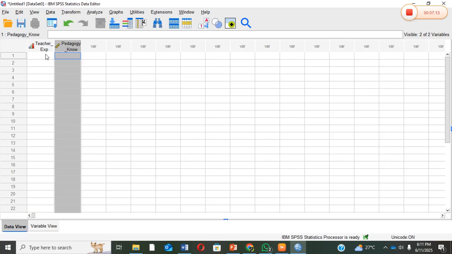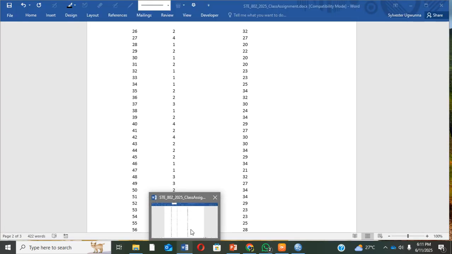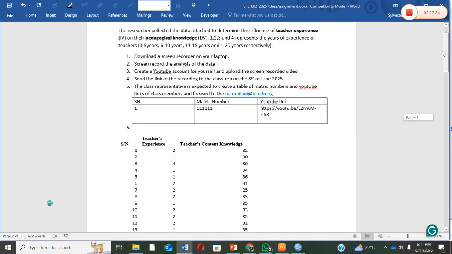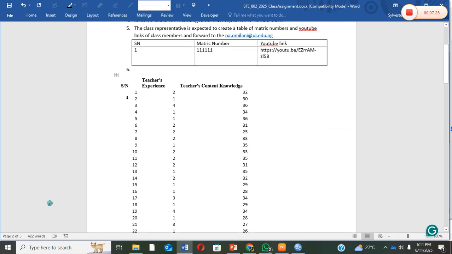We can also import them if it is from an Excel file. We can even do simple copy and paste, just as I'm going to do right now. So let's just do simple copy and paste because that is easier and faster, and because of time. So I could just copy teacher experience,